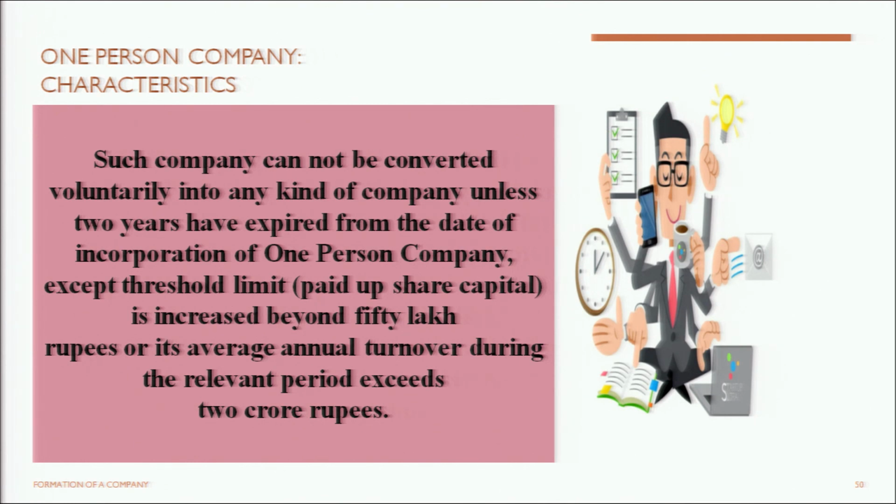the average annual turnover, which means if a company goes beyond the paid up share capital limit of rupees 50 lakhs or the average annual turnover limit of rupees 2 crores, in such a situation, the company may get converted to some other type of a company, but voluntary conversion is not possible unless 2 years have expired from the date of its incorporation. And with this, part 2 of the chapter Formation of Company of your subject Business Studies